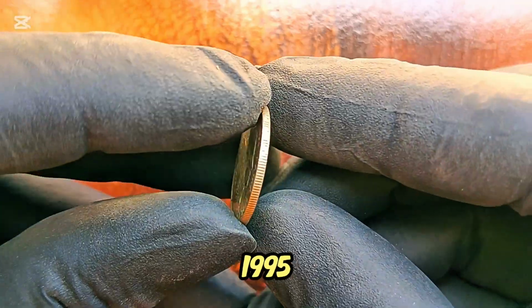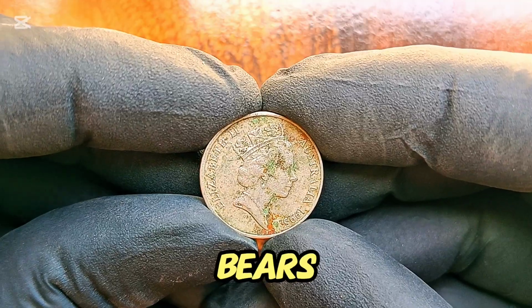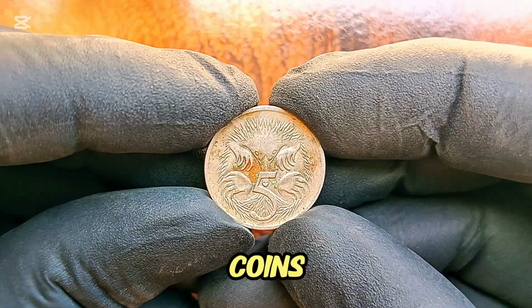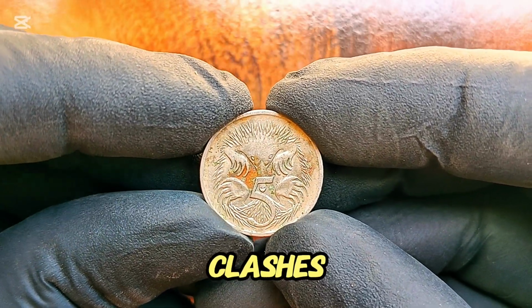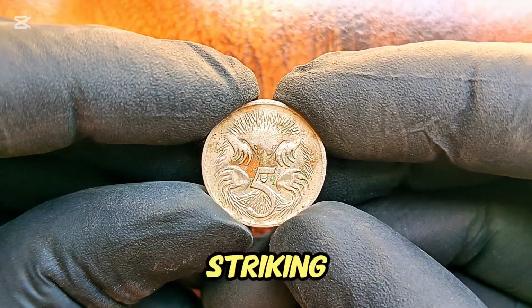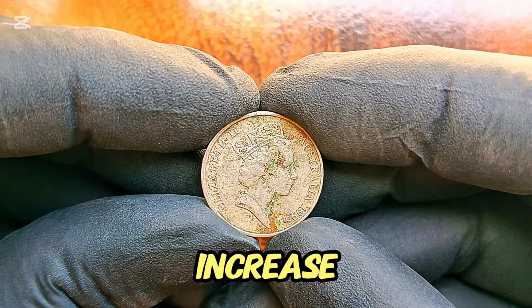What sets the 1995 5-cent coin apart isn't just its age or the image it bears, but the fact that several error coins were accidentally released into circulation. These error coins include examples with double strikes, off-center minting, die clashes, and in a few instances, missing details or partial planchet flaws. These striking mistakes make them a rare category of collectible coins that drastically increase their appeal and